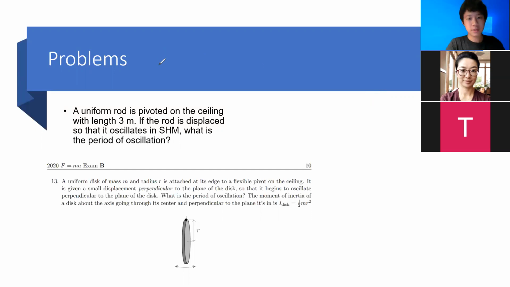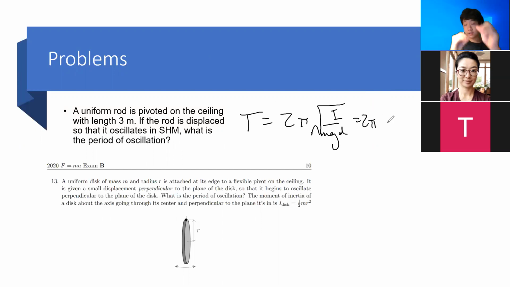All right. So for the first one, I'm just going to use T equals 2 pi, the square root of I over mgd. So what is I? Well, it's a uniform rod on the ceiling. Oh, my bad. I think the answer I gave you guys might have been wrong. I thought it was 1/12, but it's actually 1/3 ml squared. Apologies for that. So 1/3 ml squared over